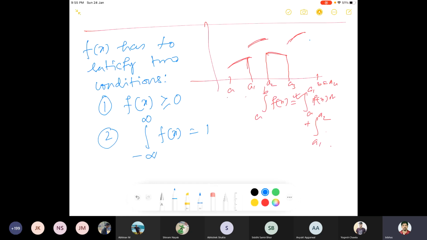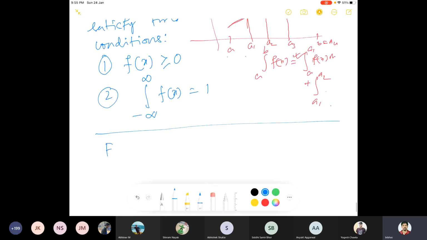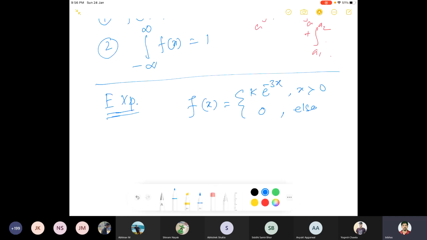Now, like last day, we'll consider an example of a function and find out whether this is a candidate for a PDF or not. So let's say my f(x) is equal to k e^(-3x), where x is bigger than 0, and 0 elsewhere. So this is a non-negative function, right? Find the values of k, because k is a constant,